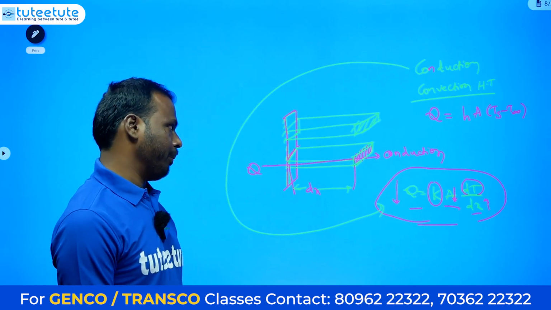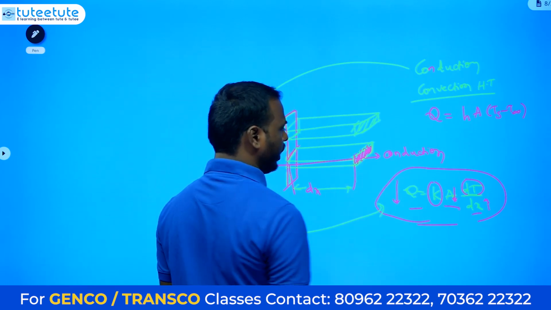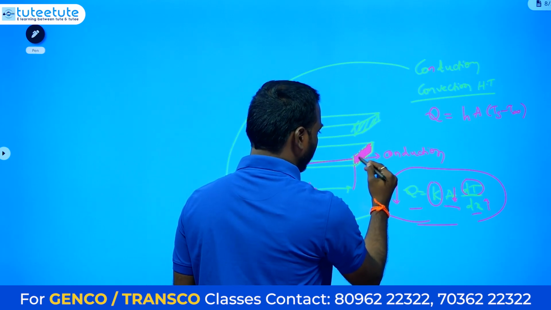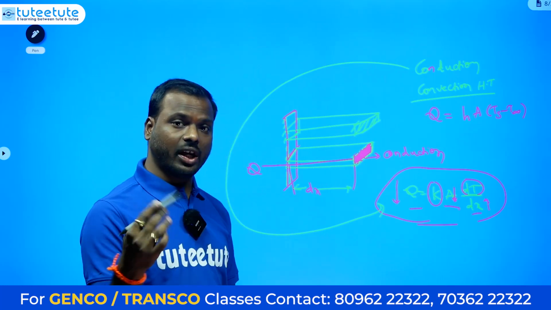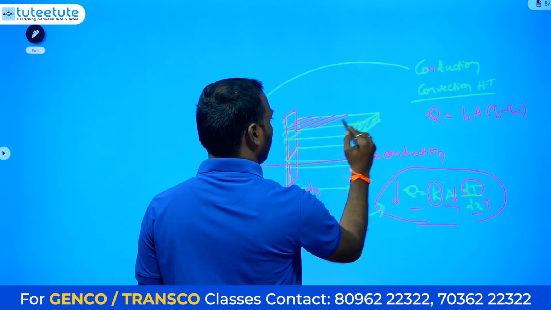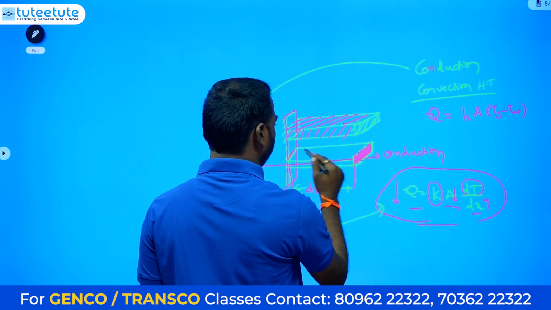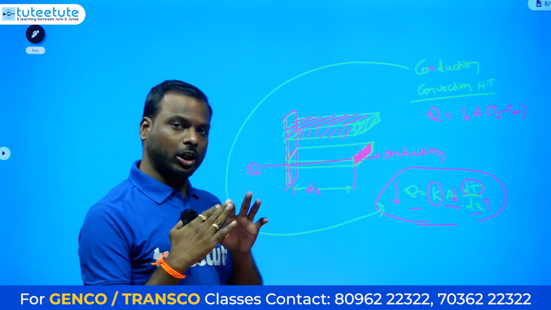If you are observing, this area we are taking as the... here I am just filling. This area will be taken as the conduction heat transfer. Then the convective heat transfer is nothing but this area, the surrounding areas, all surrounding areas, meaning whatever is in contact with the atmosphere,